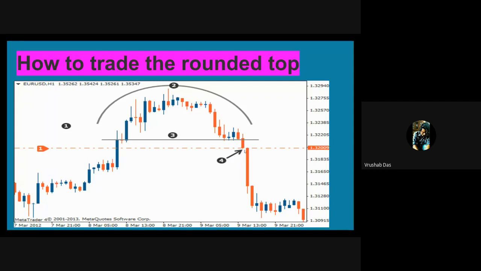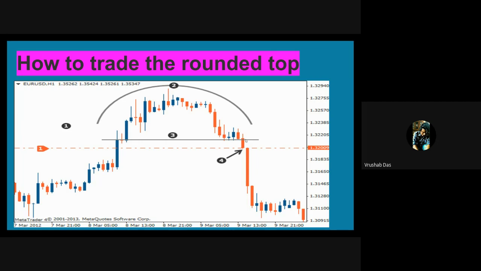The stop loss is placed above the neckline of the pattern. If the price trades beyond this point, the probability of the pattern working out has decreased, and you should not be in the market any longer. If a bullish candle doesn't break the neckline, then the probability of the price getting lower decreases.